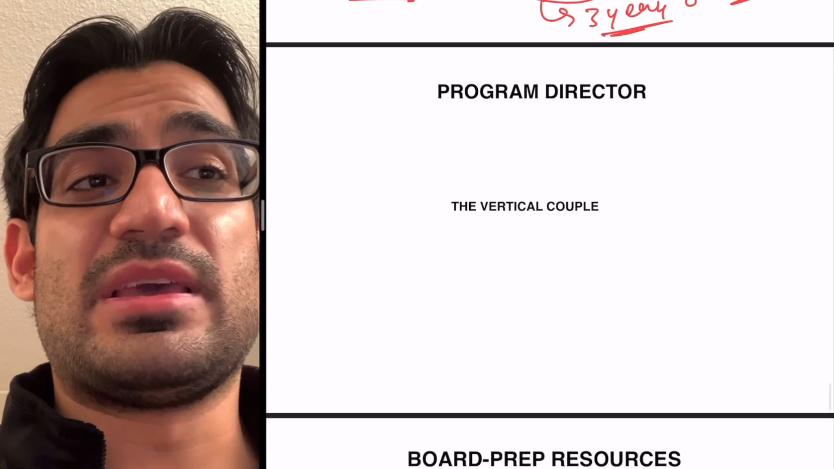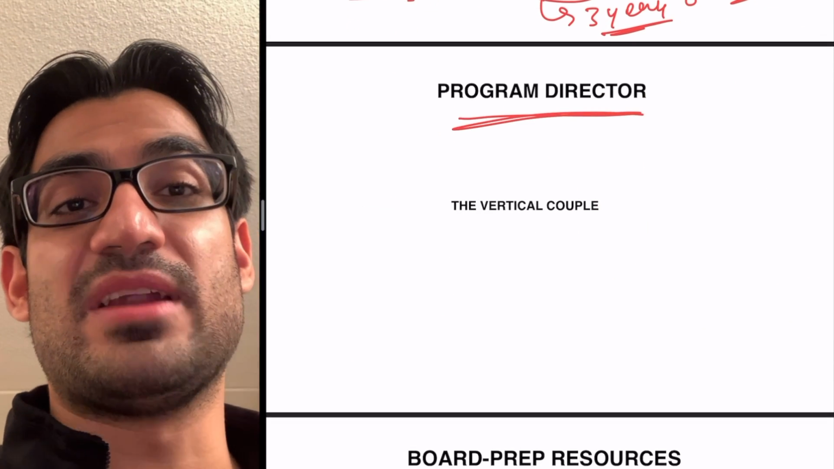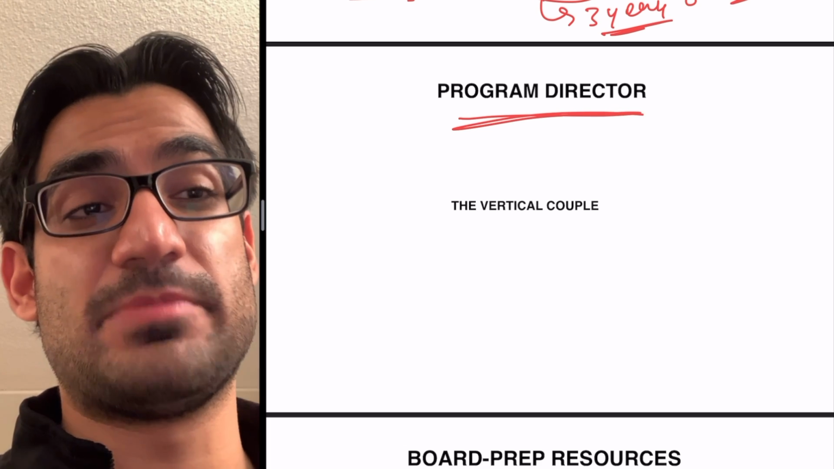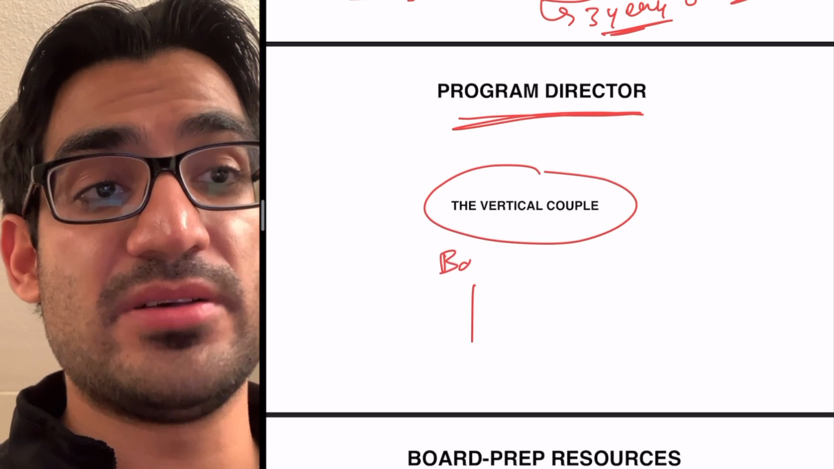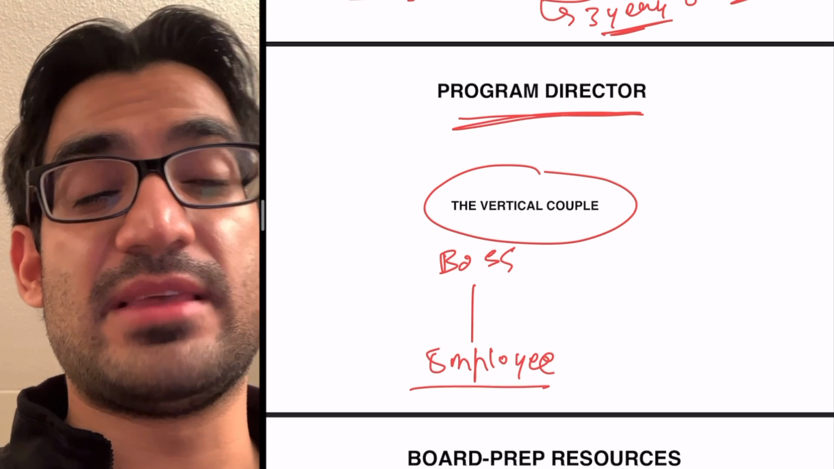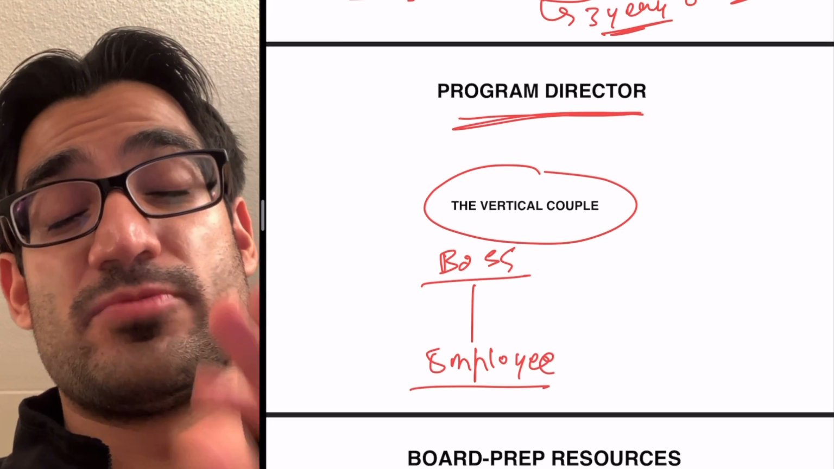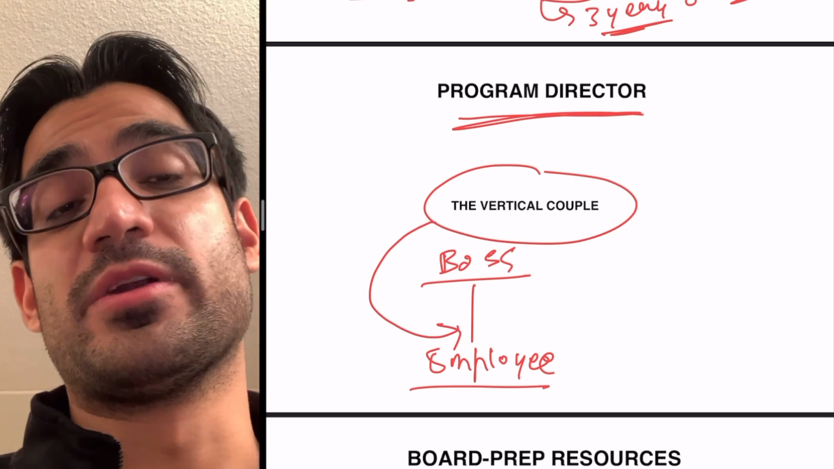The next thing I would think about is the program director. One of the books that I read, The Happiness Advantage, covered this concept called the vertical couple. So what is the vertical couple? It is the boss and the employee couple. And he said that one of the main factors to be really happy in life is to have a nice vertical couple